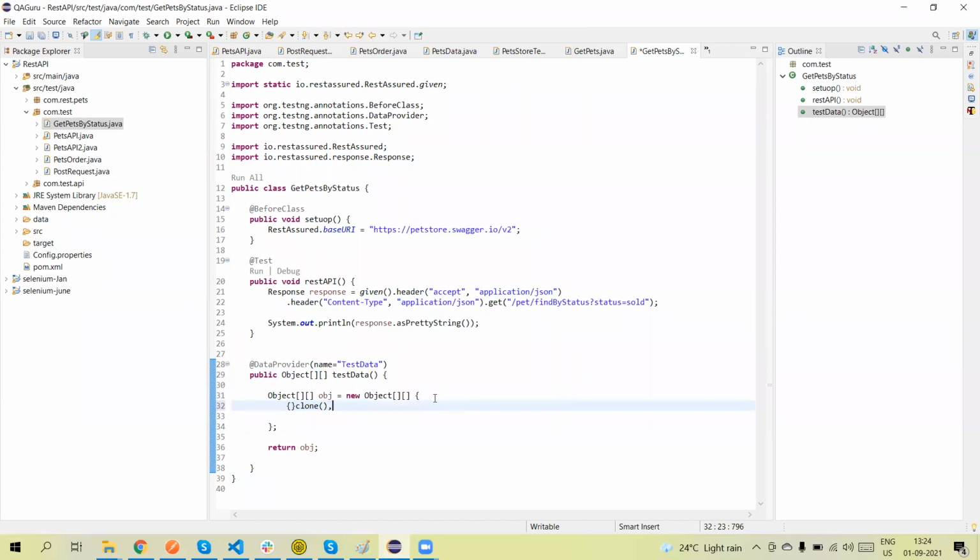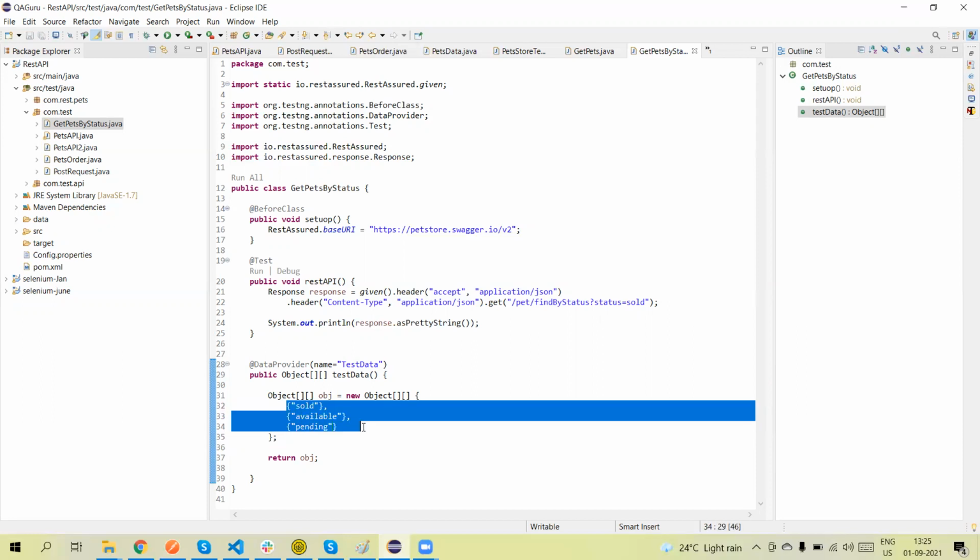Suppose I am giving the first value sold, second value available, third value pending. All three values are passed in the data provider. One value means one row.